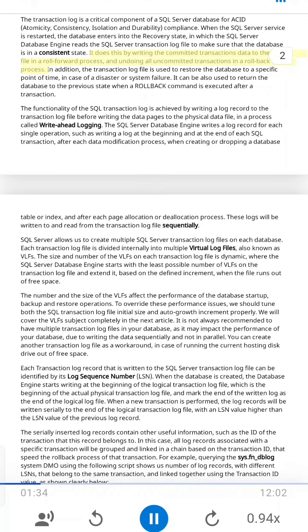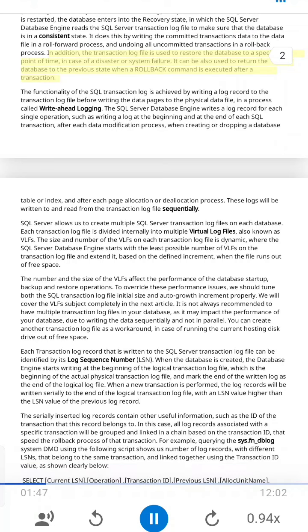It does this by writing the committed transactions data to the data file in a roll-forward process, and undoing all uncommitted transactions in a roll-back process. In addition, the transaction log file is used to restore the database to a specific point of time, in case of a disaster or system failure. It can also be used to return the database to the previous state when a rollback command is executed after